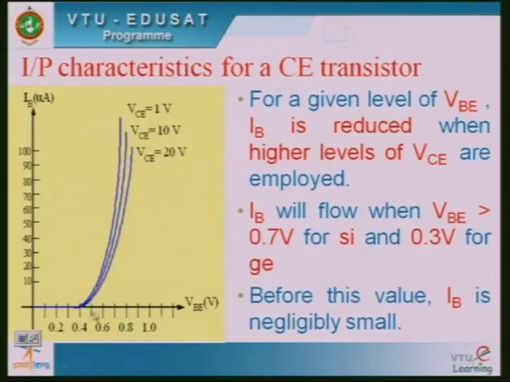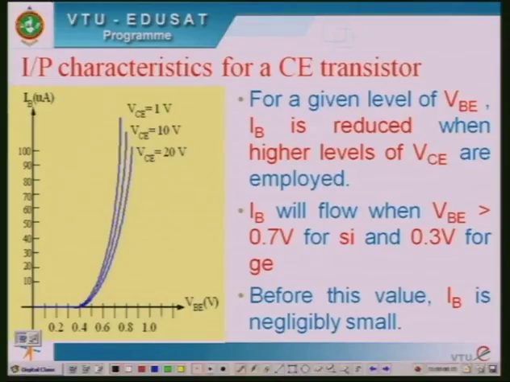So, until the VB reaches a certain value, the current will be 0. Once it exceeds that value, a large current starts flowing through the device here. And another point is that for a given value of VBE, if you note on this,